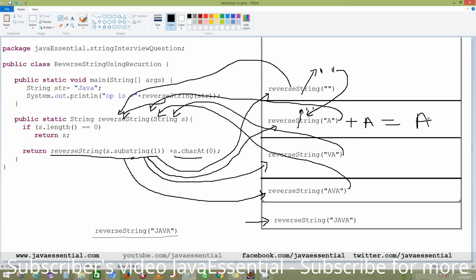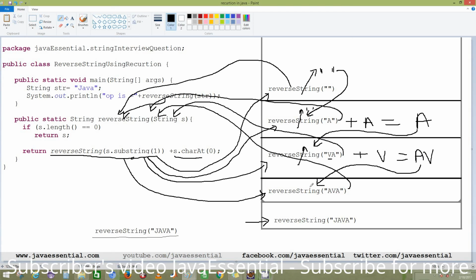this. Now from where has it been called? It has been called from here, right? So it returns its value to this one, and now this will become a plus charAt(0). This line is still remaining for this one, right? So what is the charAt(0)? The charAt(0) is equal to v. So earlier it had a, and now we are going to add v here. So it will become av, and from where has it been called? It has been called from here.